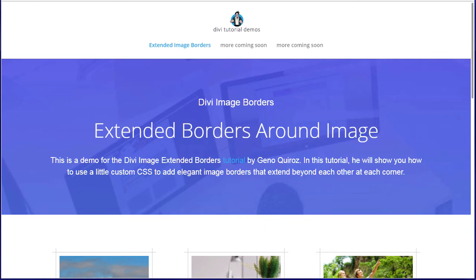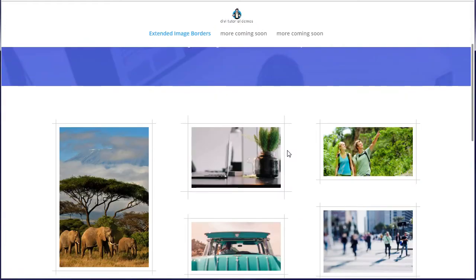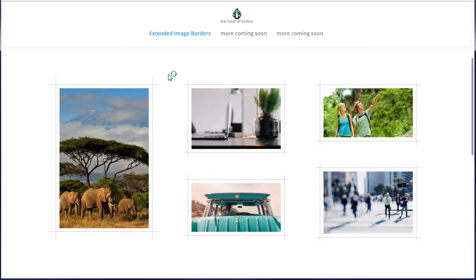Hello there. In this tutorial, I'm going to show you how to make these extended borders around the image that crisscross here. On a recent project, I needed to do a little something fancy with the images without making too much of an impact. And I thought of these crossing crosshairs in the corners just to add a nice sort of touch and appeal